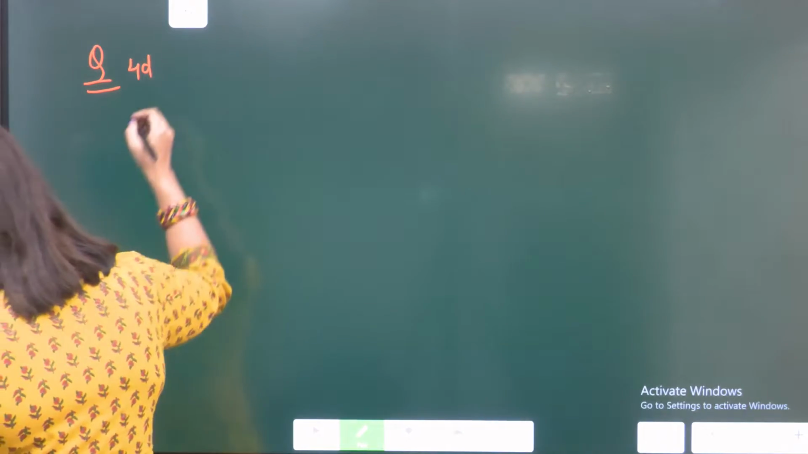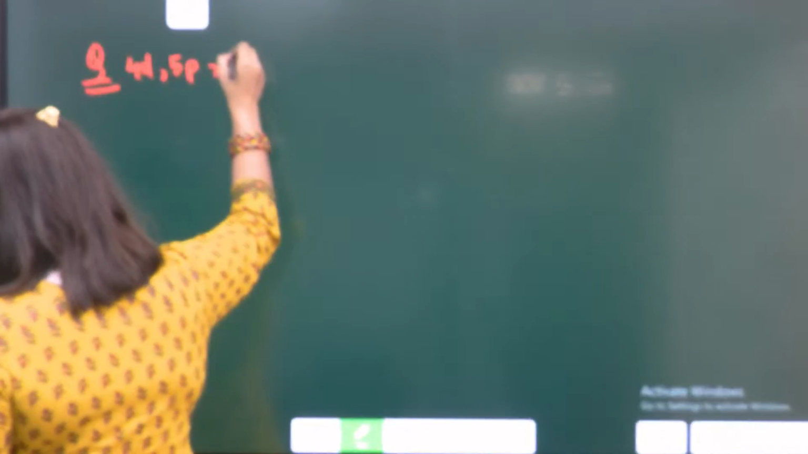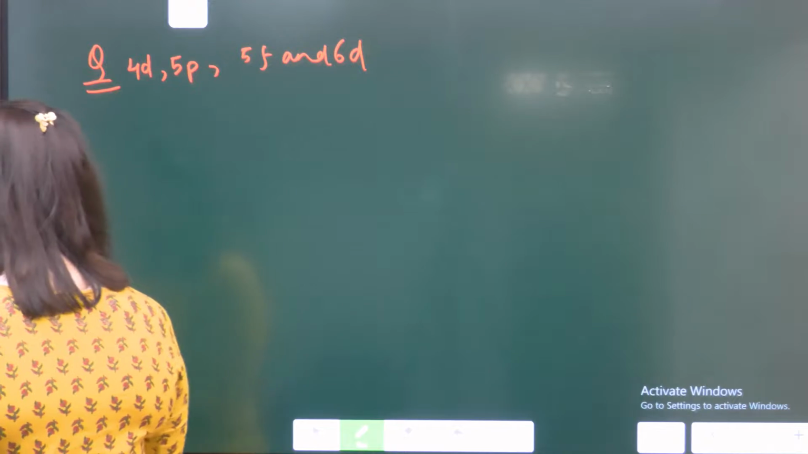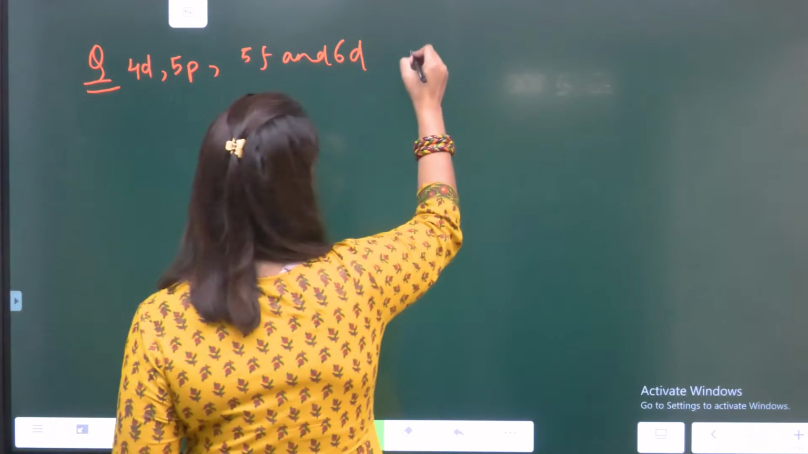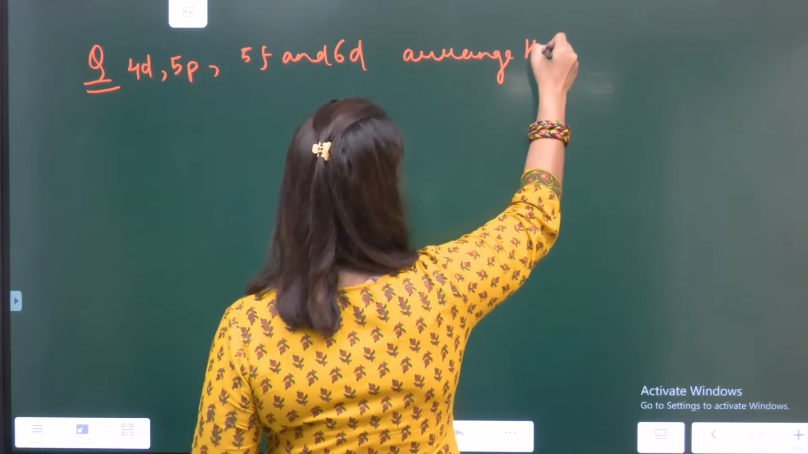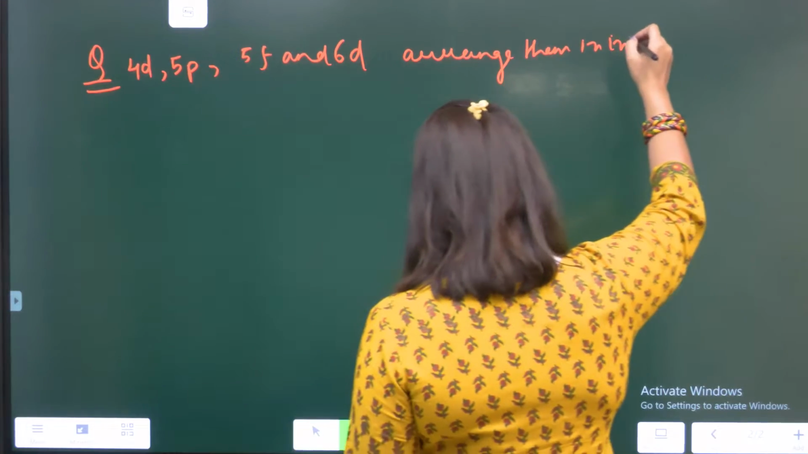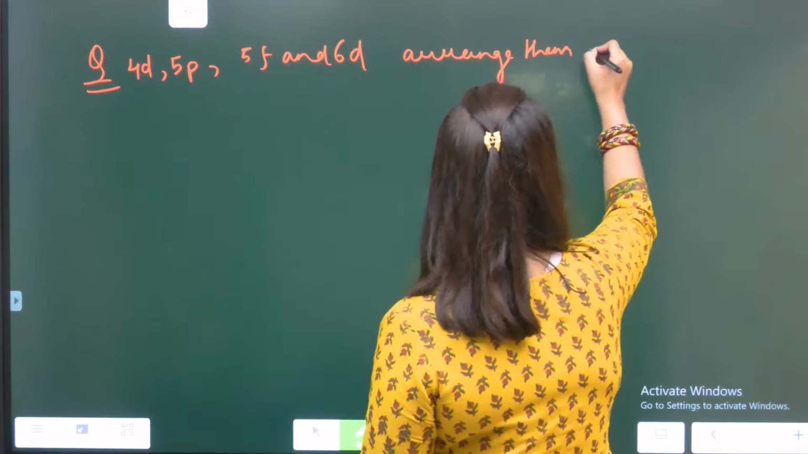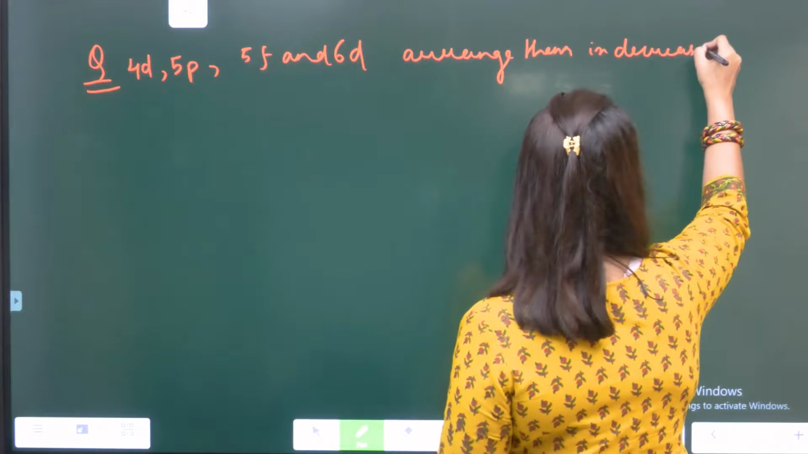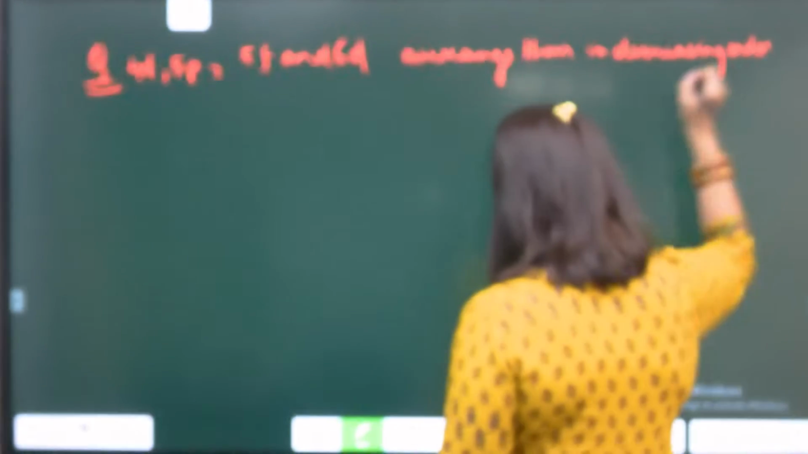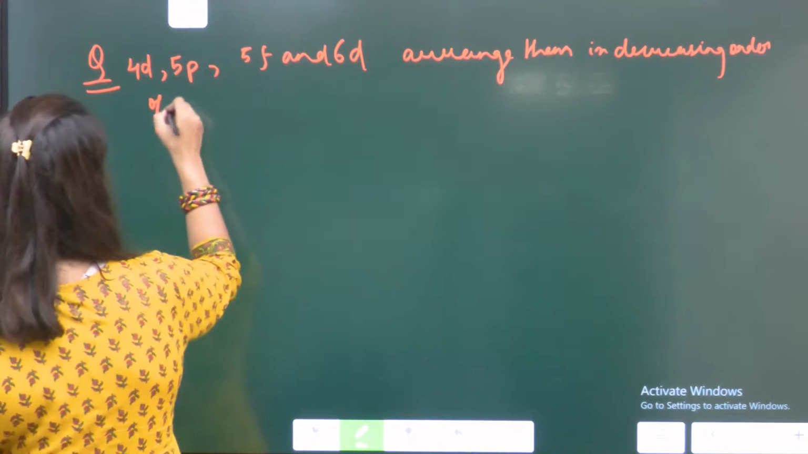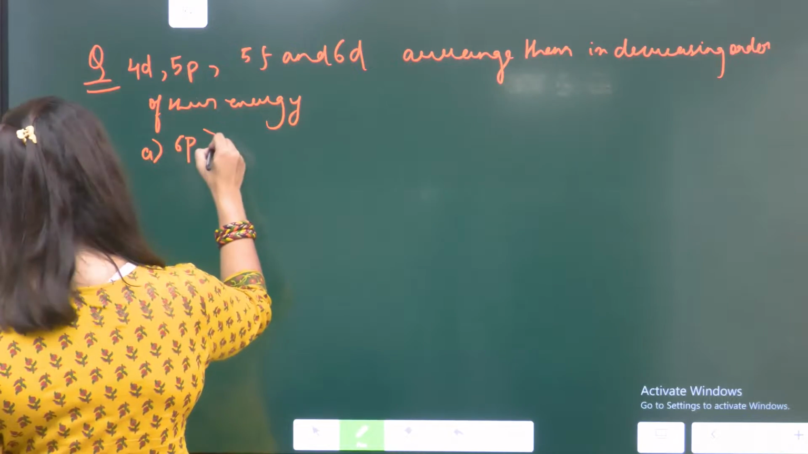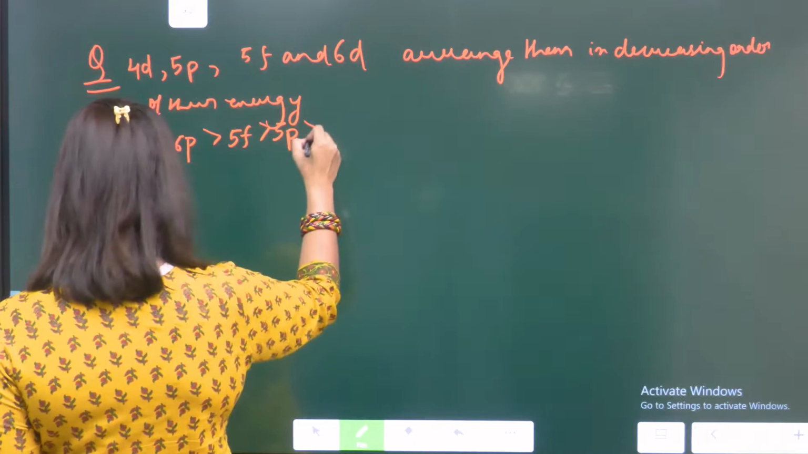4d, 5p, 5f and 6d. These 4 atomic orbitals are given to you and you need to arrange them in decreasing order of their energy. And the options given to you are